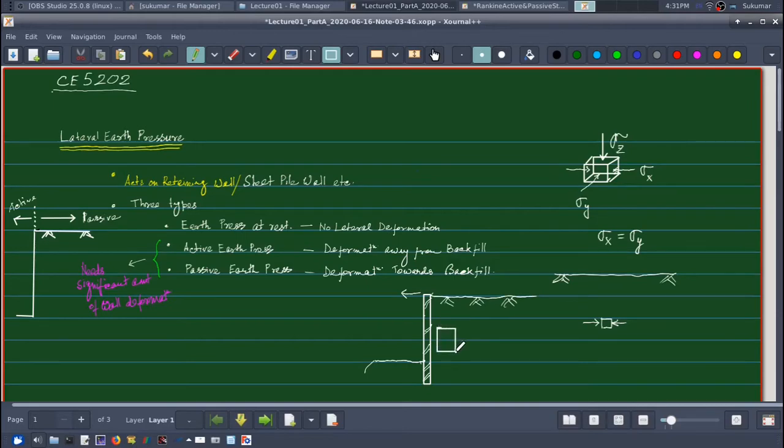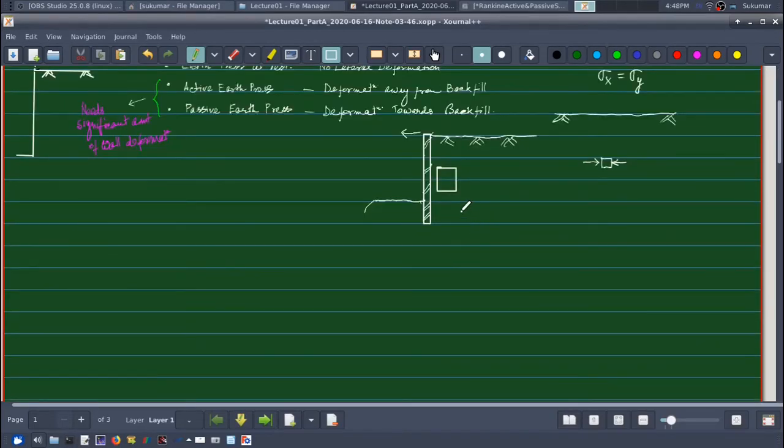Suppose this is a soil element very close to the retaining wall. So when I am allowing this lateral deformation of the wall away from the backfill, basically I am reducing the confinement of the soil element, and therefore